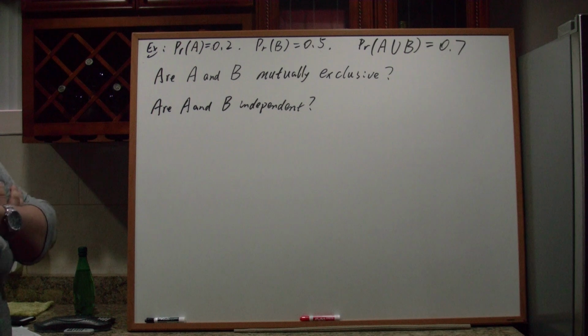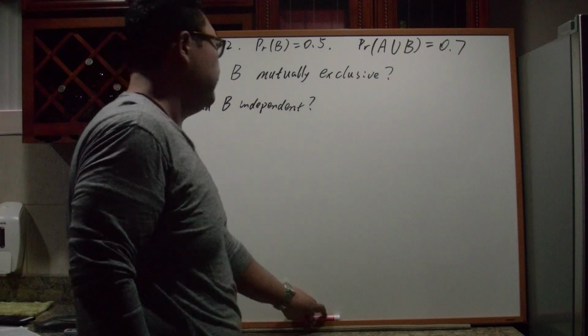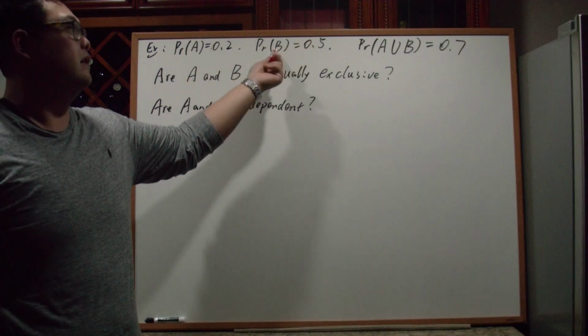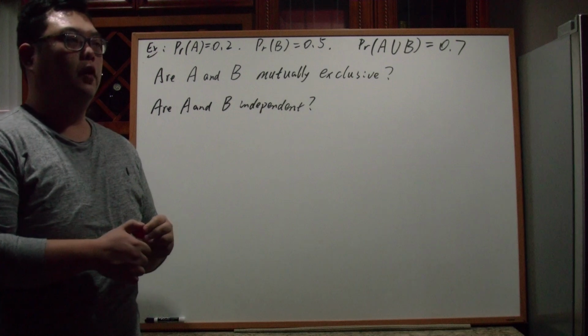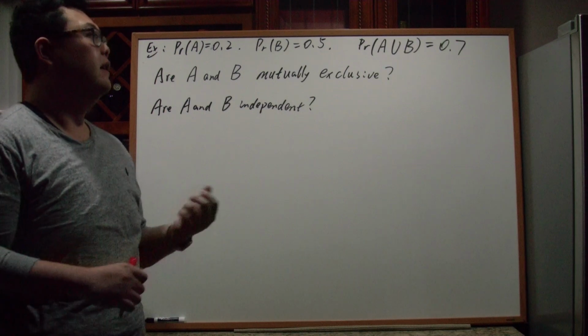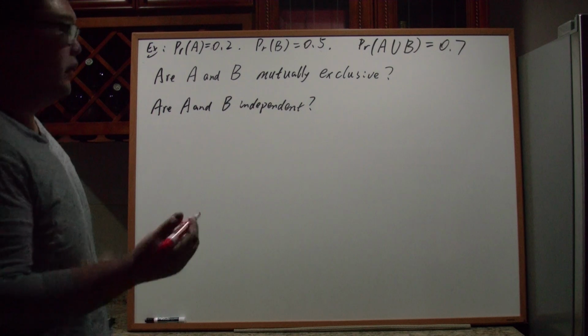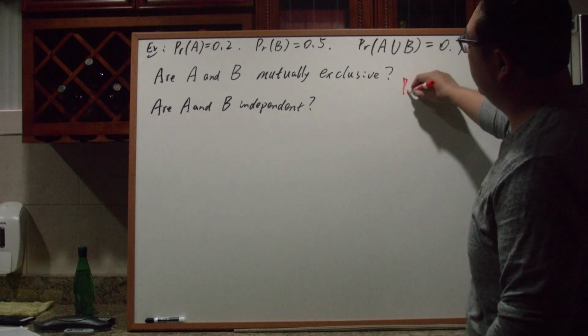If the intersection is 0, we have mutually exclusive events. If the intersection is the product of each individual probability, then we have independent events. And so we check. We're given the individual events' probability and the union. Last time, I had figured out the intersection using something called the addition rule. If you still remember the addition rule, that's the union